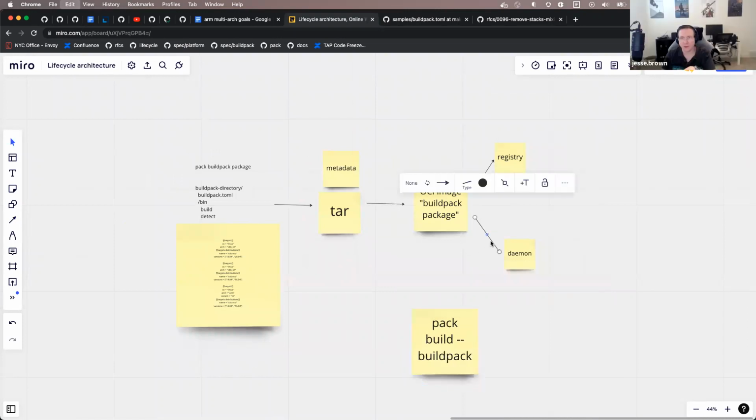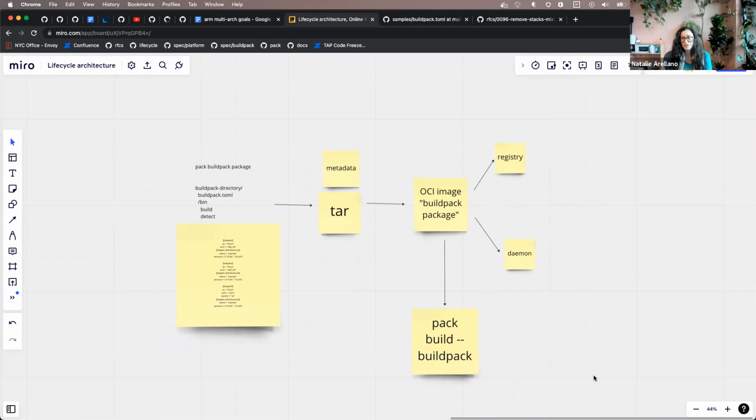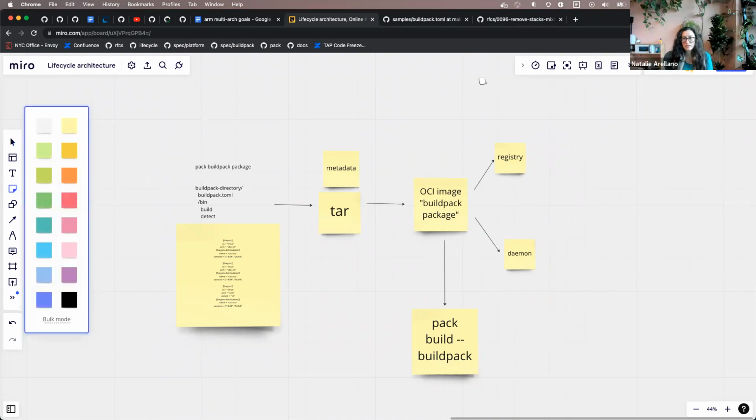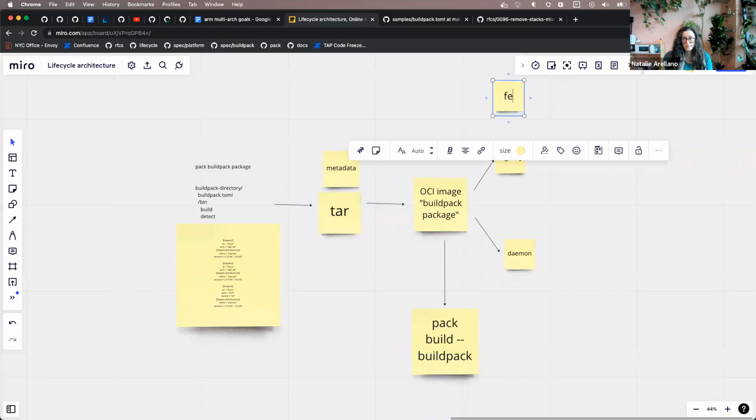Yep. Either to a registry or one that maybe exists in your daemon, and then also the tar itself, right? I think you can just give it the actual tar that it spits out if you did it that way. Because don't they come out as .cnb or something? Yeah, so another destination could be just your file system. And in that case, you'll have a .cnb extension.